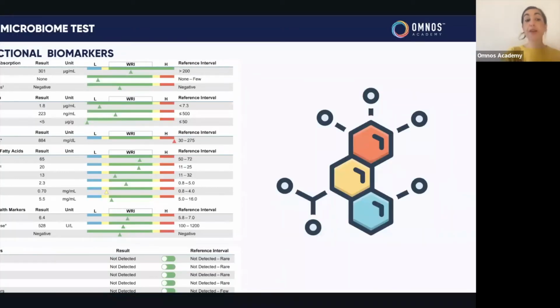So that was bacteria and bugs. These are biomarkers. So this is also from the report you will find in your dashboard, the raw data. So you will see that there's a test for elastase that will tell us a bit about your pancreatic function, fat stain and carbohydrates. So we will understand how your digestion and absorption are working. You can also see that there are 3 biomarkers for inflammation that will tell us about the inflammatory state of your intestine, your gut lining,